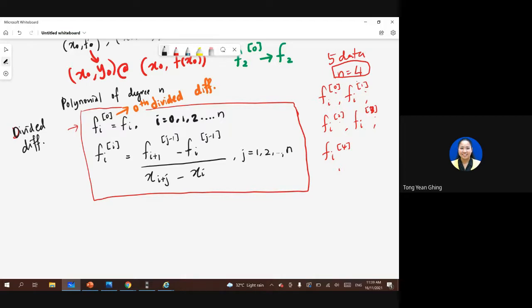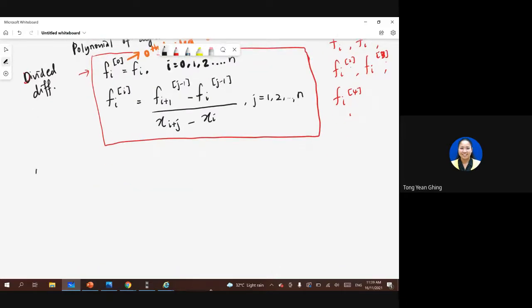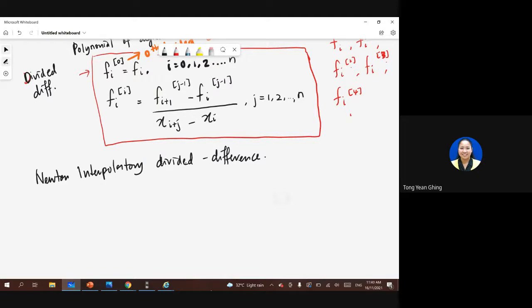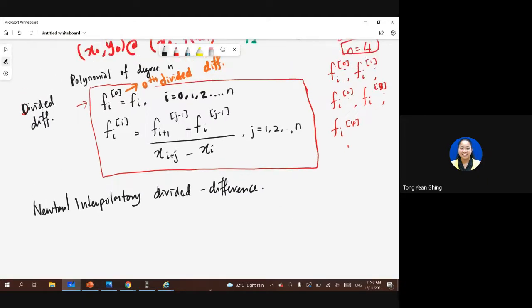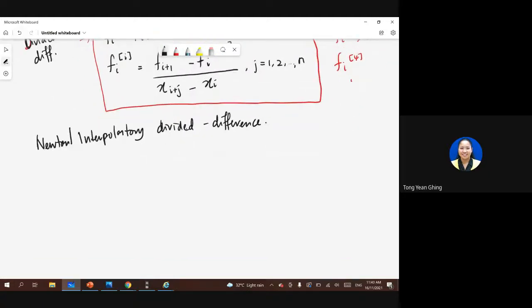After we get these divided differences, we have to find the Newton interpolatory divided difference formula. It will also be based on n. So here, let's say this one, P, depends on n. Okay, degree,